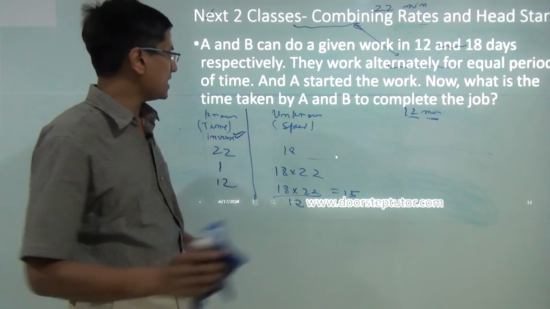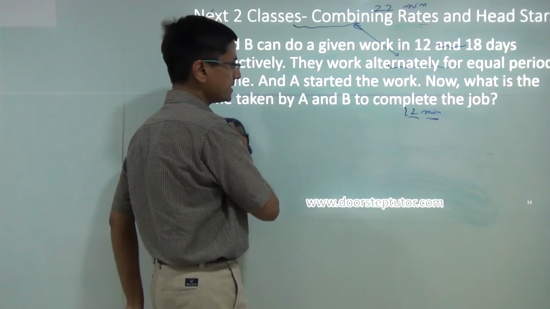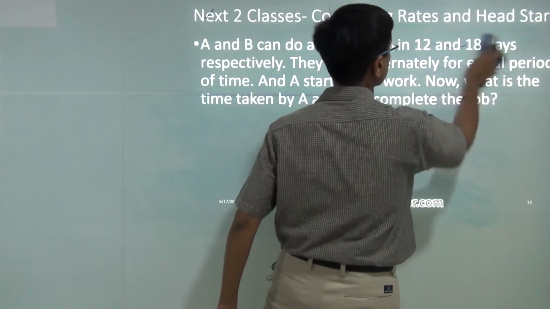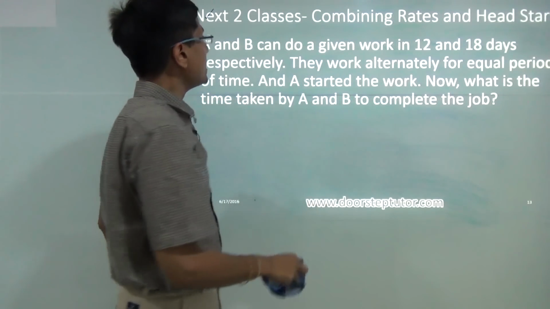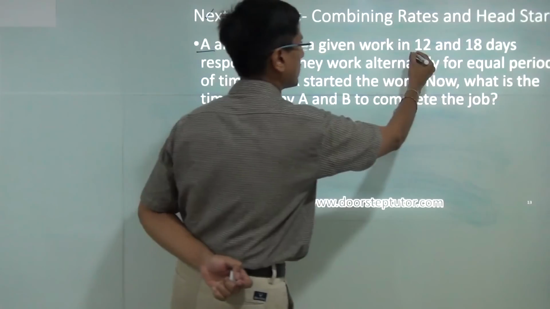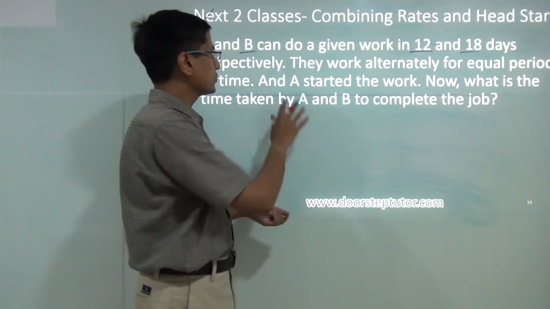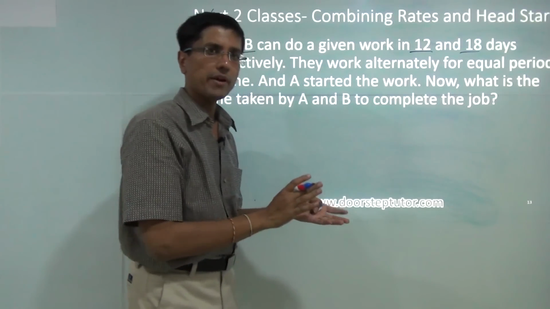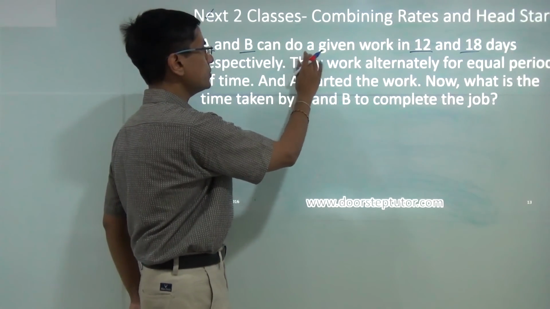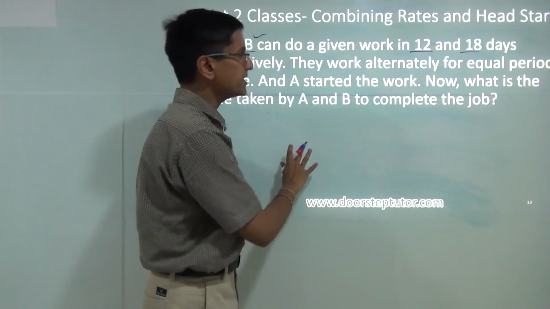So now in the next few classes, I think maybe 2 or 3 classes, we would be discussing variations of rate problems. So I told you there are several kinds of variations. One of the important kinds of variation is the following, right? These questions where we are given rates of 2 people cannot be solved by using the techniques that we just discussed. They cannot be directly solved by using the table that we drew just now. And you have to understand that. So as soon as you see a question in which there are two rates here, don't apply this technique directly.